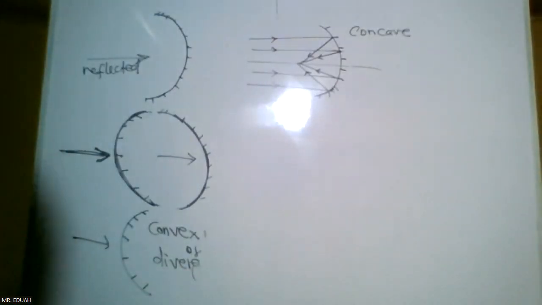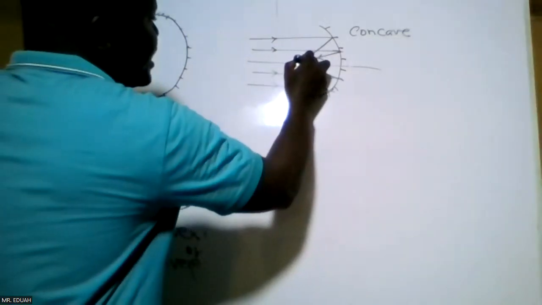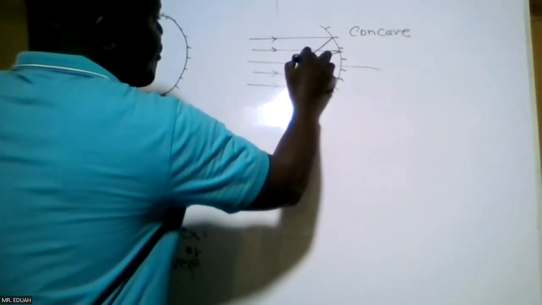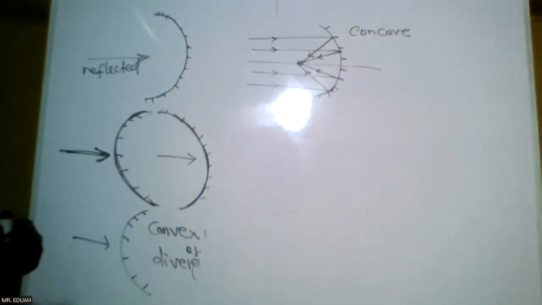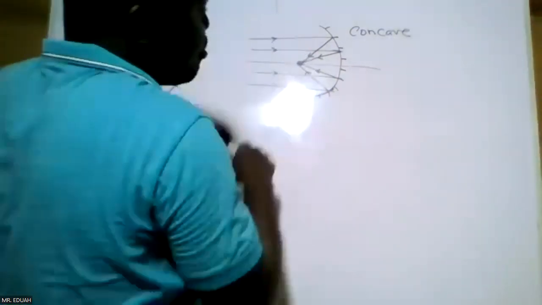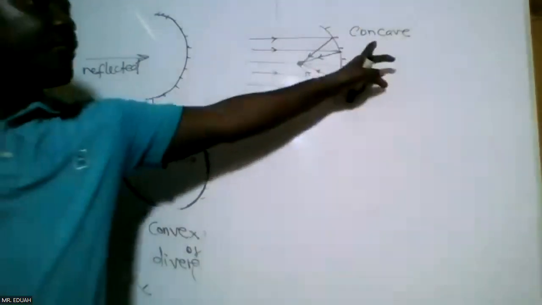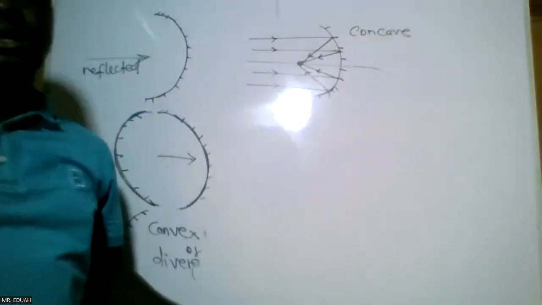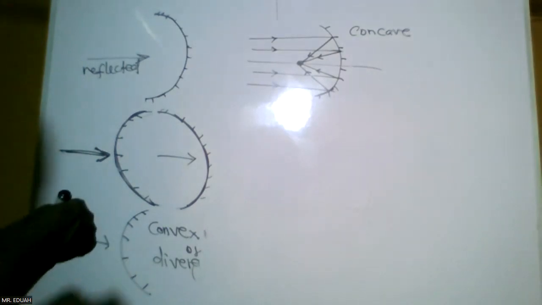So for a concave or convergent mirror, all parallel rays are brought to a common point. So all rays that are parallel are converged at one common point. The reason for which concave mirror is also known as converging mirrors. Then the other one,